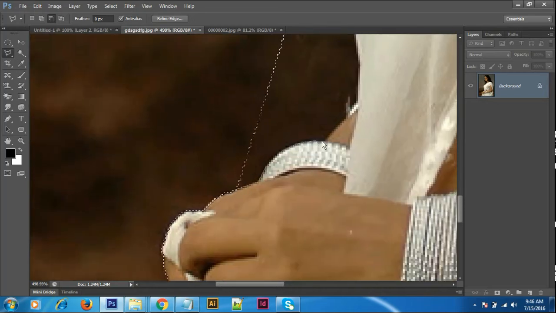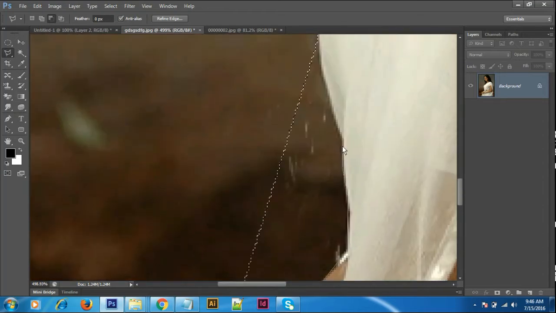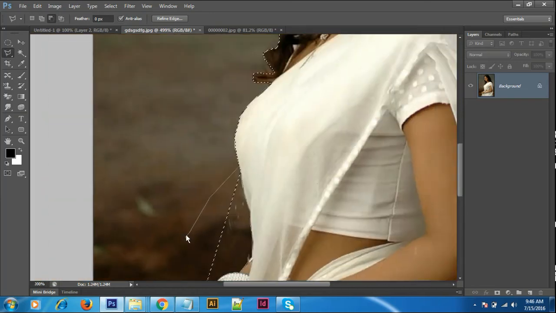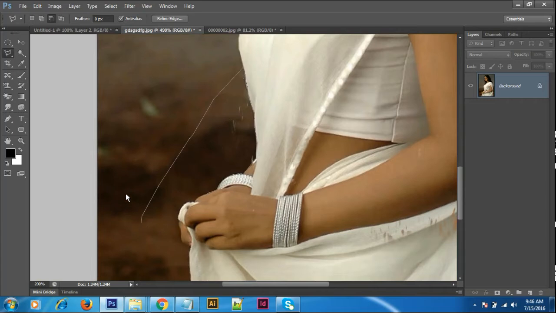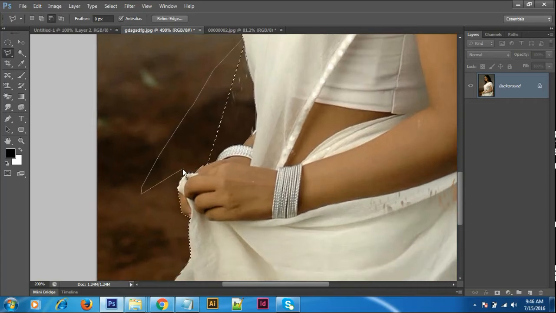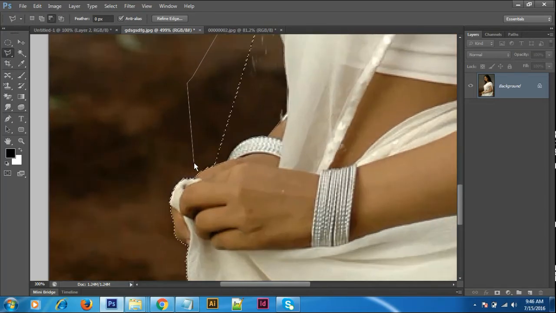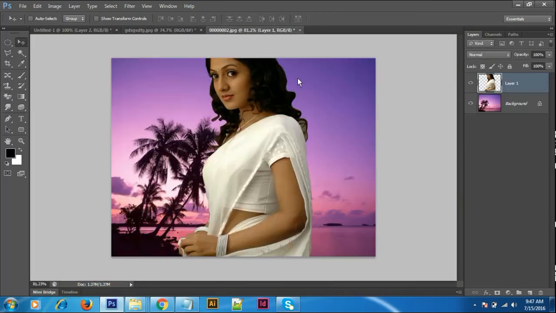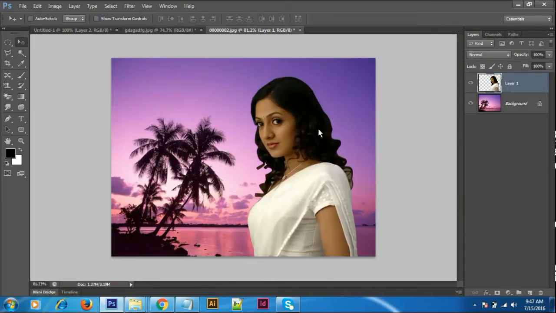You have to manipulate all the tools, then only you can get the idea of how the subtraction works, how the adding works. Control minus is zoom out. When you come here to the out point, just click it. Now you can take the move tool and move the document from one place to another place. Like this, you can cut the image very perfectly.